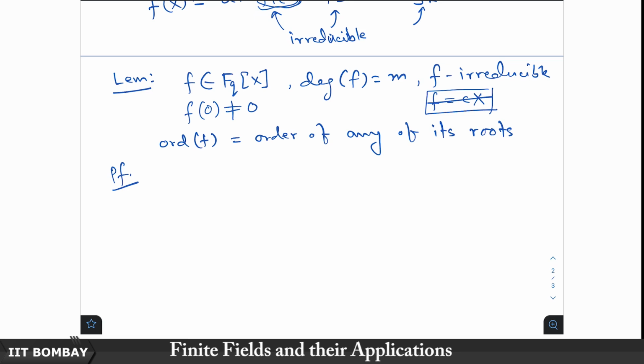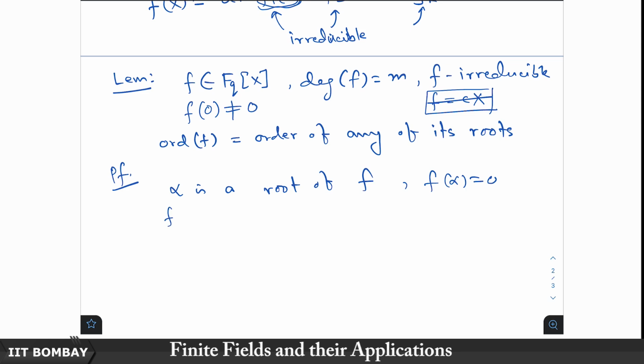So, first of all, suppose alpha is a root in some extension field, alpha is a root of f, that is f of alpha is 0, then we know that the order of all the roots of f are the same. So, it does not matter which root we take, and since f is irreducible, we know that